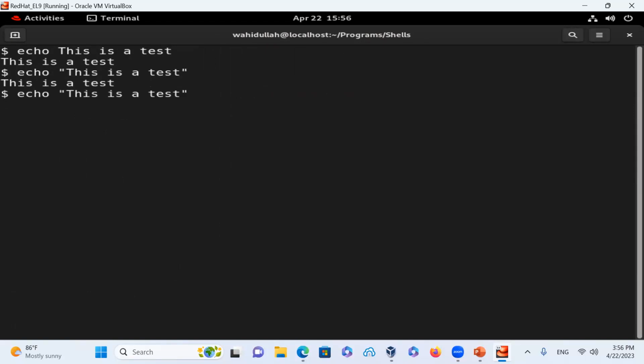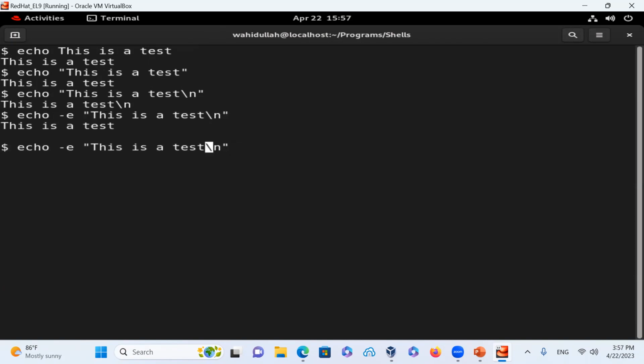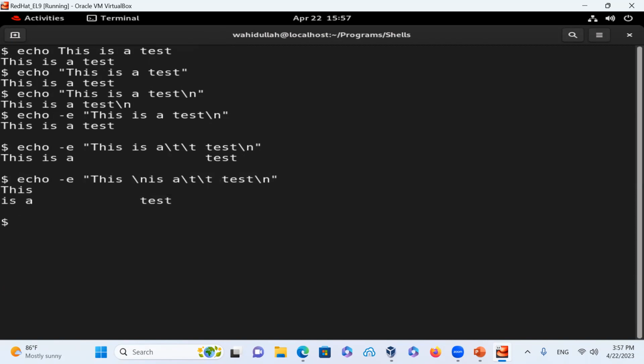If you put a new line character, it will write a new line only if you use this flag of -e. -e means expression. So now if I wanted to put a tab between here, or to put 2 tabs, it will just write 2 tabs. If I wanted to say a new line character after this, it will write that one on a new line. So you could just write whatever you want and then say this, and then it will just write that one and then say \n, a new line character